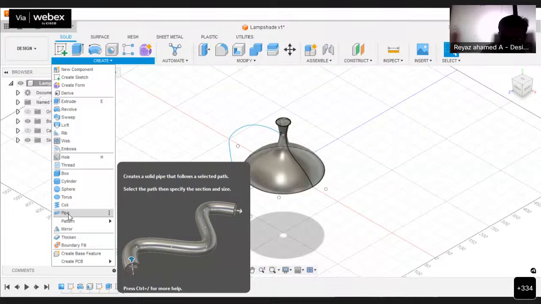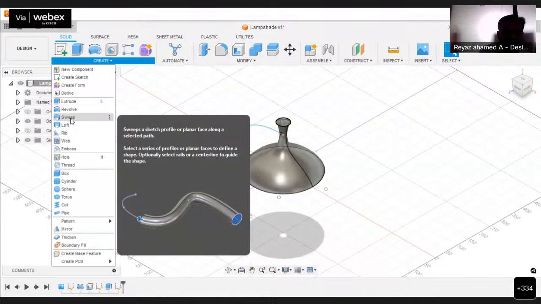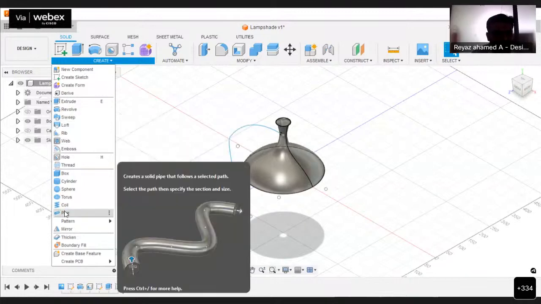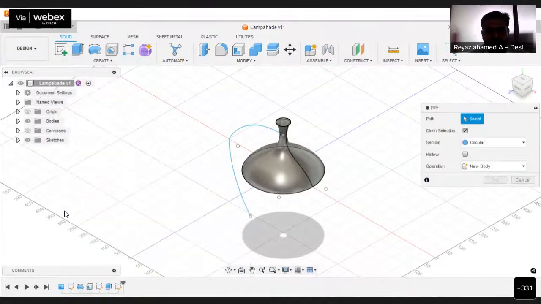If the cross section is not circular, we can go with sweep. If it is a circular cross section, we can go with the pipe option itself. That is very easy because we need not create any profile here. Let me click on the pipe option.